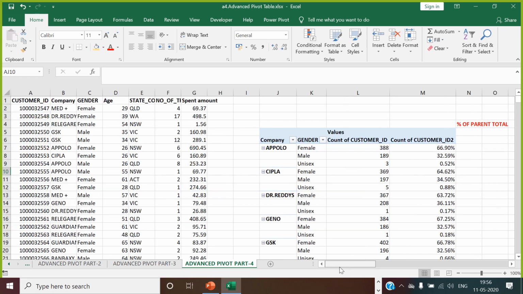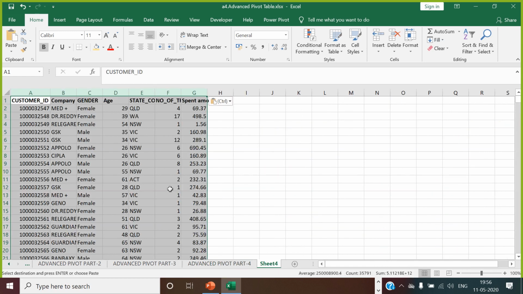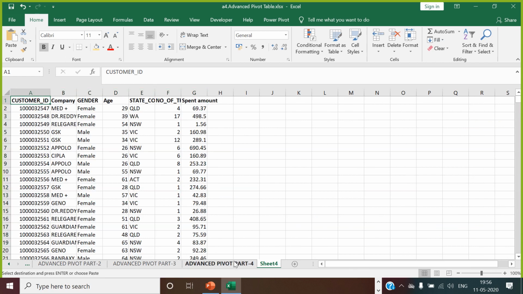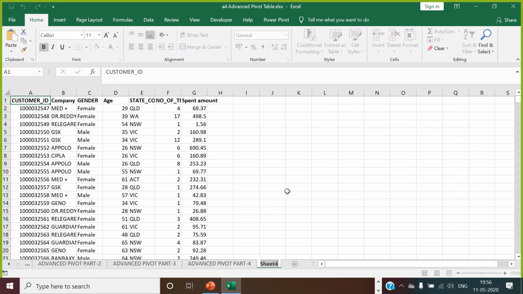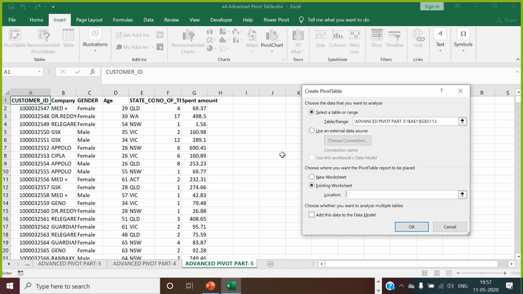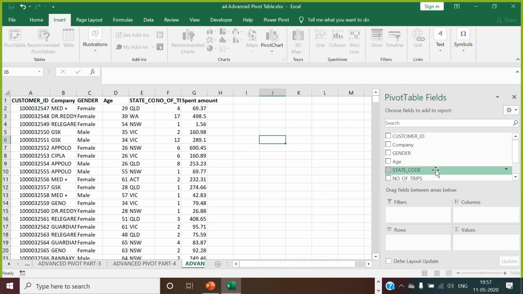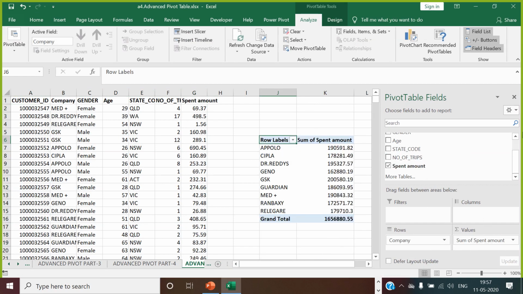Now the next part of it, which we will talk about. In this data, we go for creating a pivot table. Let's say by company, I take the spend amount.